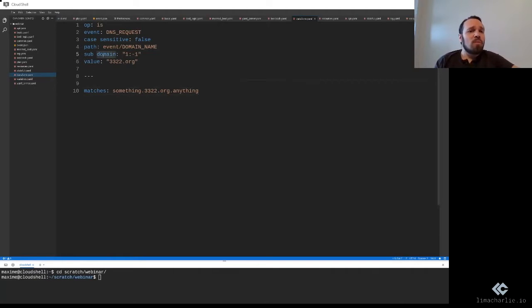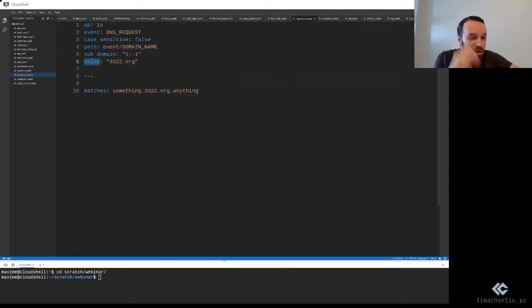One of them is a subdomain transform, which is saying, you know what, I'm expecting that the value you're going to compare to be like a domain. So something dot something dot something dot something at the conceptual level. And I want to extract a subset of that domain. So this rule here says, okay, I want to do an equal comparison on a DNS request. I want to take the domain name in that DNS request, and I want to compare it to the value